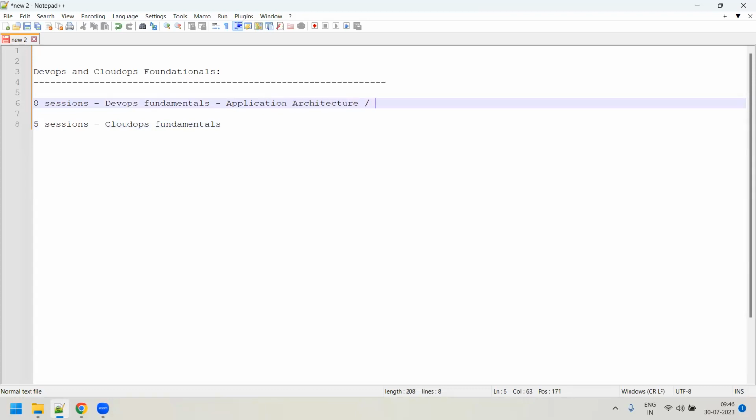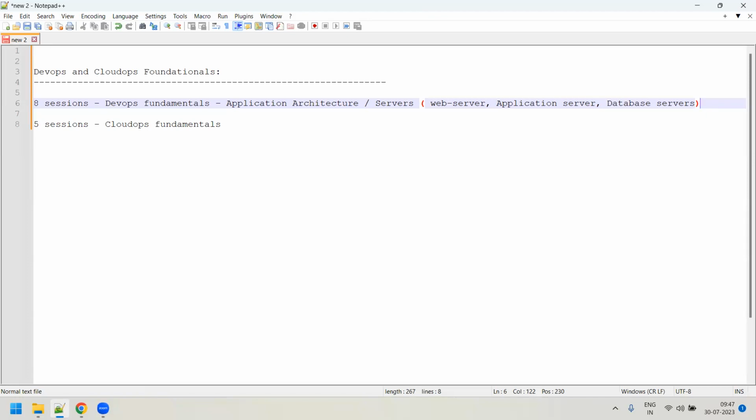Some people have asked me, sir, what about the servers actually? For example, you might say, sir, we need to learn what a web server is, what an application server is, what a database server is. Those are very fundamental, basic things, and people have asked me a lot of questions on this. So the idea is to cover all these basic aspects so that you are fundamentally very clear, and then we can proceed to learn the other things.